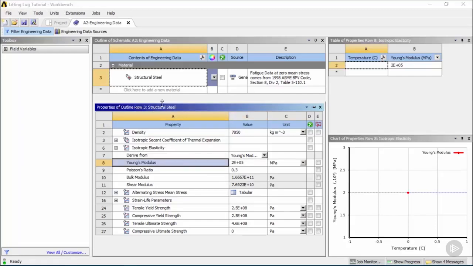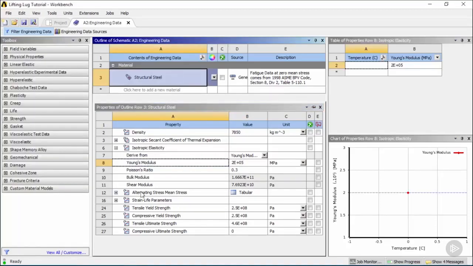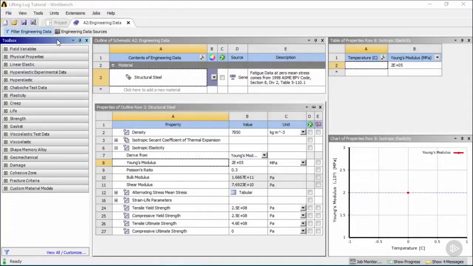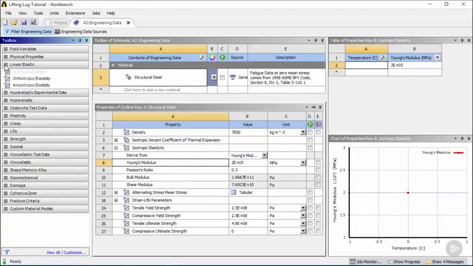Now Ansys doesn't include all the properties that you might need for your analysis. So that's why there's this toolbox here on the left. This toolbox gives you all the properties that you can possibly need to define a material in Ansys. So let's say for structural steel, we can go into, let's say, linear elastic properties, and as you can see, isotropic elasticity is grayed out. This means that it's already part of our material property, and we can find it right here in row 6,